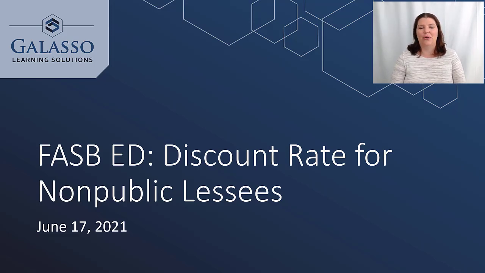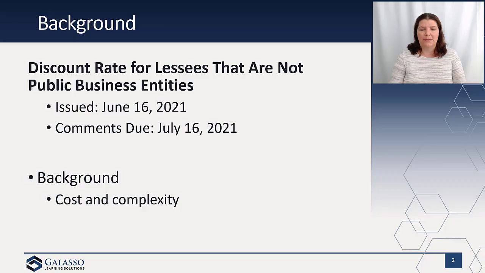In this scenario, though, we are focused on the discount rate. Now, I think this is an opportunity for us to provide feedback to the FASB about the discount rate. So we should take a look at what they're proposing. So the discount rate here is related to cost and complexity. So the FASB is doing outreach. They did 2 public roundtable sessions on the lease standard, and many entities had indicated that there are a lot of costs and complexities related to coming up with the rates that are incremental borrowing rates.